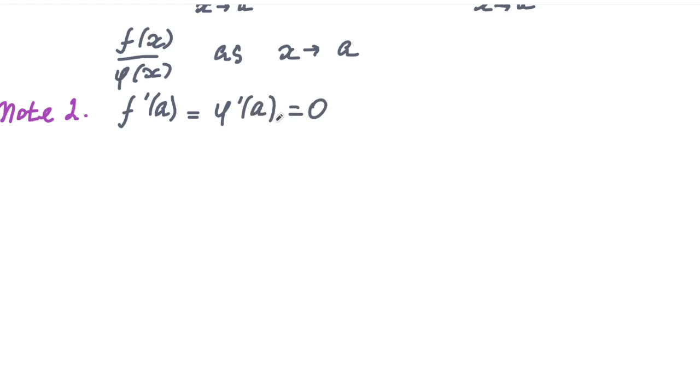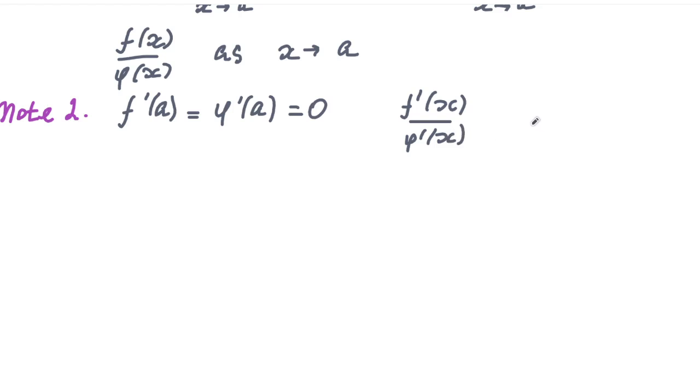If f prime of a equals phi prime of a equals 0, and the derivatives f prime of x and phi prime of x satisfy the conditions that were imposed by the theorem on the functions f of x and phi of x, then applying the L'Hopital rule to the ratio f prime of x over phi prime of x,